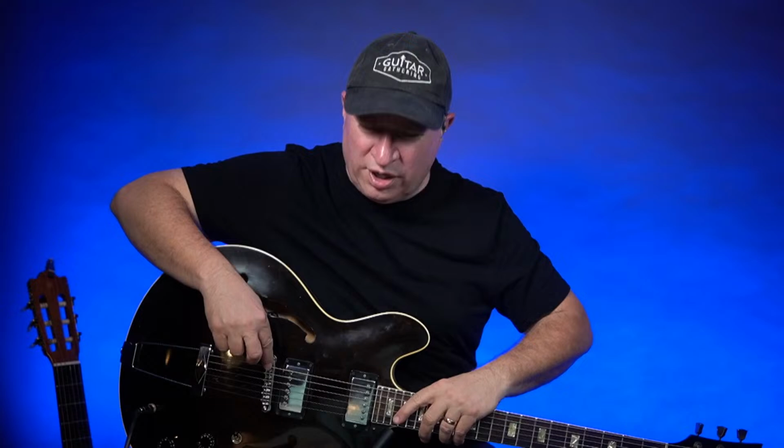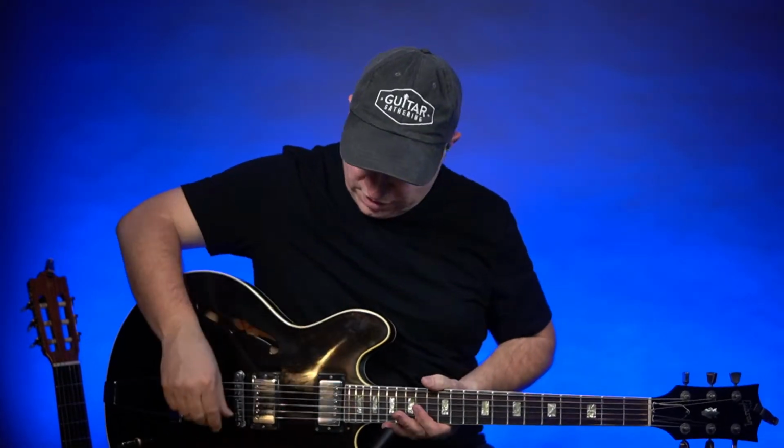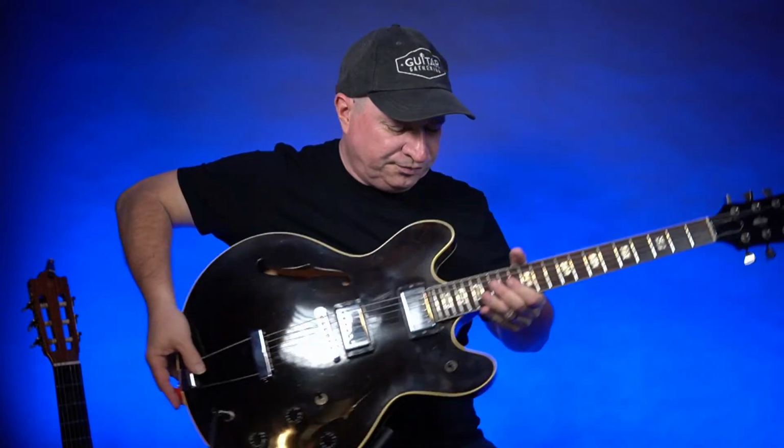You want to look at the neck. You want to look at the truss rod. Not that you're actually adjusting the truss rod, but make sure that it can be adjusted. You're looking at the bridge. How's the bridge down here? You're looking at the bridge on an acoustic guitar. A lot of times on an acoustic instrument,